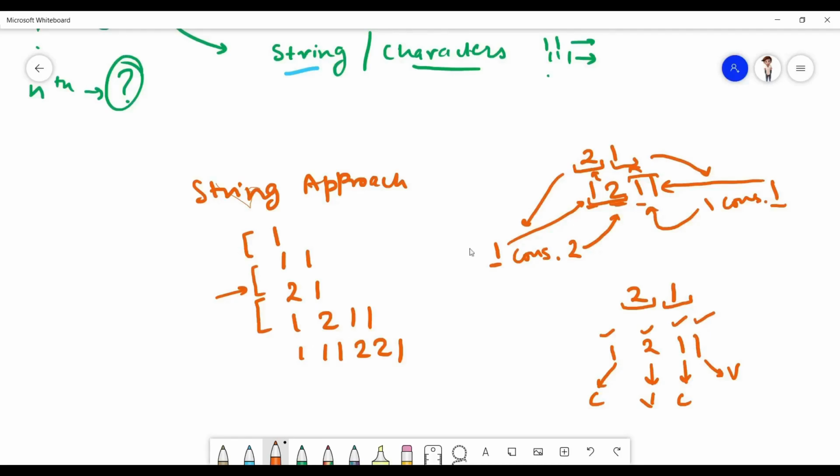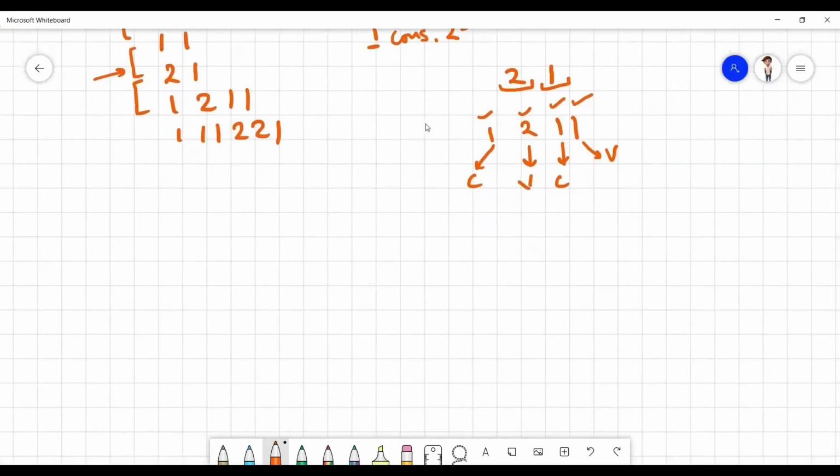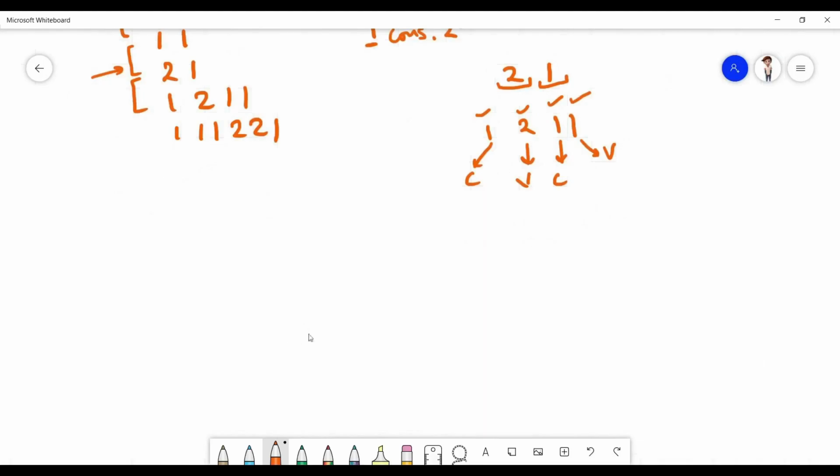But since it is only one case and we can't summarize it from only one case, let's take the second and third values. So it is 1 1 and it is 2 1. It has a consecutive count of 2, two consecutive ones are here. So this is the count value and this is the main value. So we are getting this from here. It is working fine, but again some cases are left.